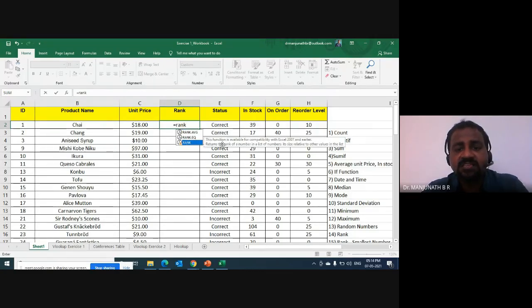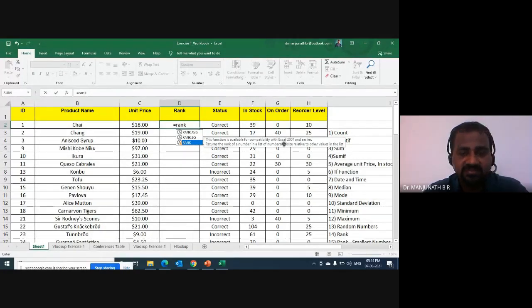Now it says this function is available for compatibility with Excel 2007 and earlier. This returns the rank of a number in a list of numbers, its size relative to other values in the list. It is a very clear message. This function is available for compatibility with Excel 2007 and earlier.